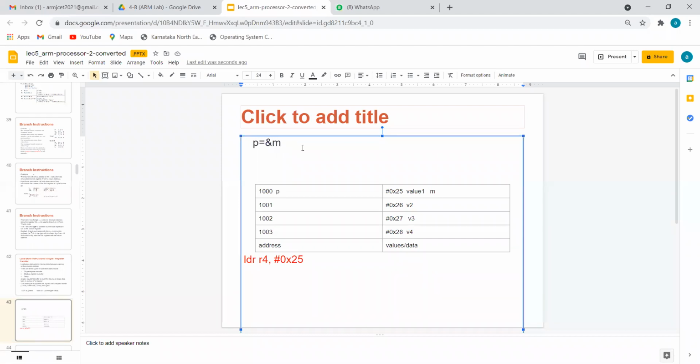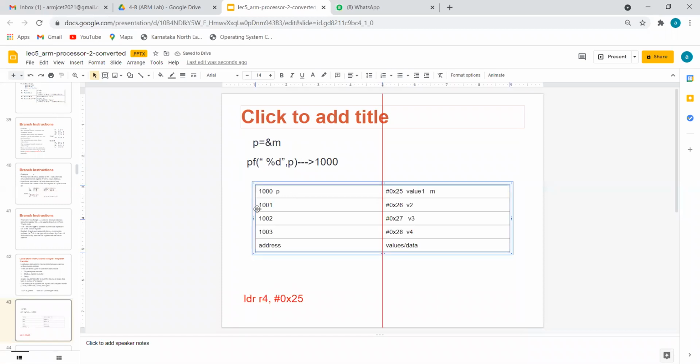What is P now? Correct. Pritham is correct. Now see this printf %d, then P. This will give us the answer 1000. Okay, next concept.